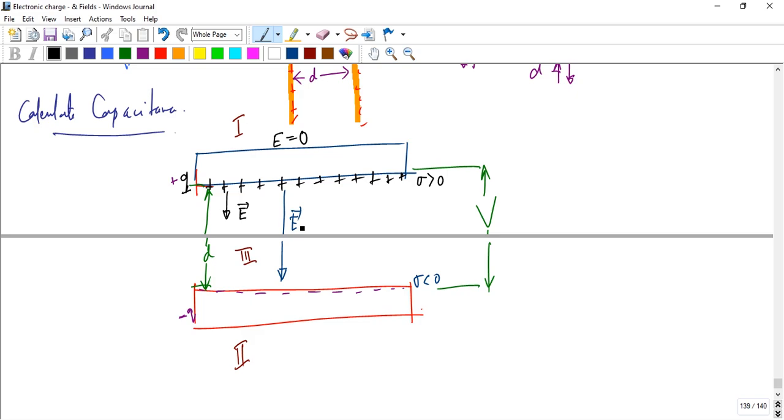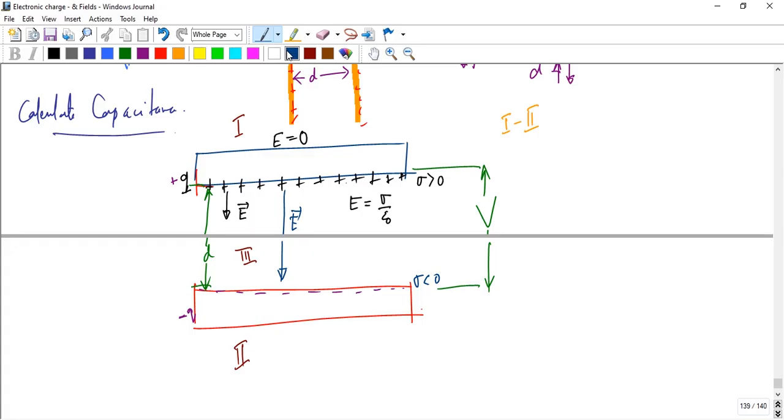The electric field will be 0, because from Gauss's law we know that E is equal to sigma over epsilon naught. In these two surfaces, the electric field is bound here, not outside. So outside the plates the electric field will be 0, and in the same way here the electric field will be 0. So here, in region 1 and region 2,